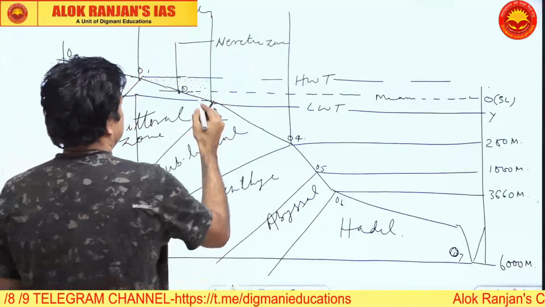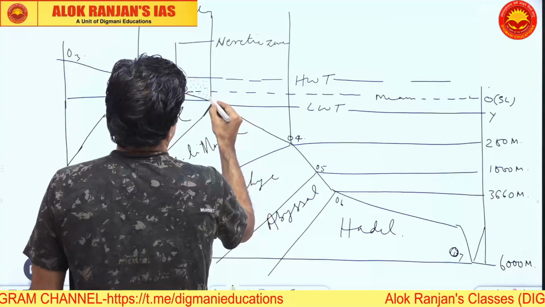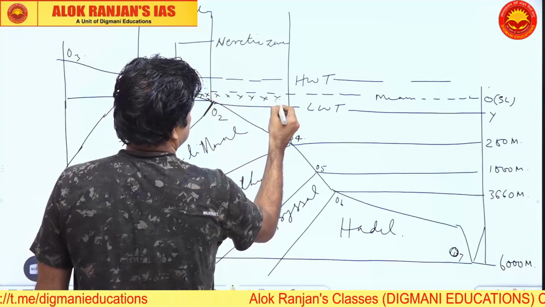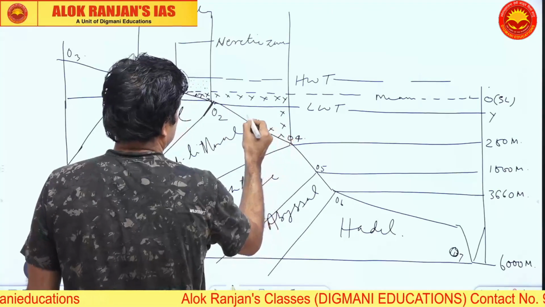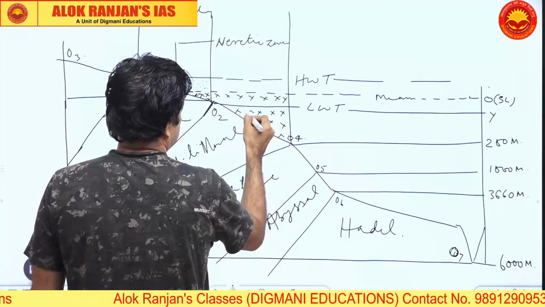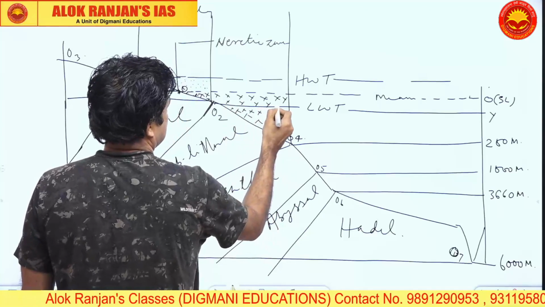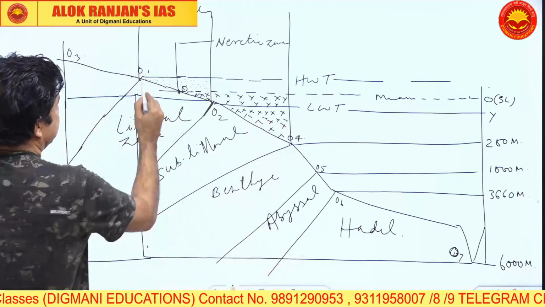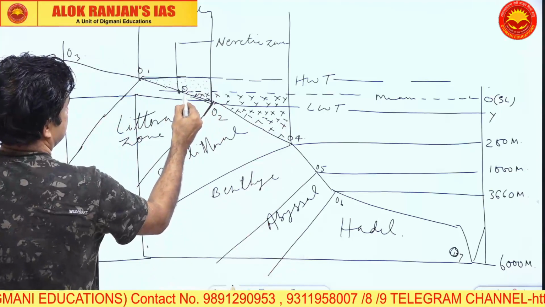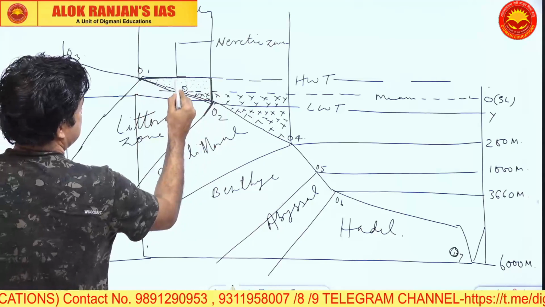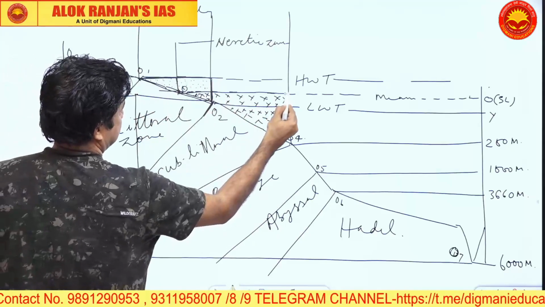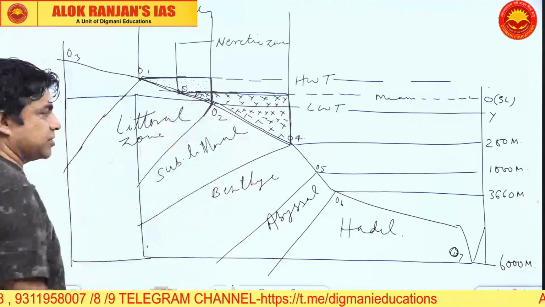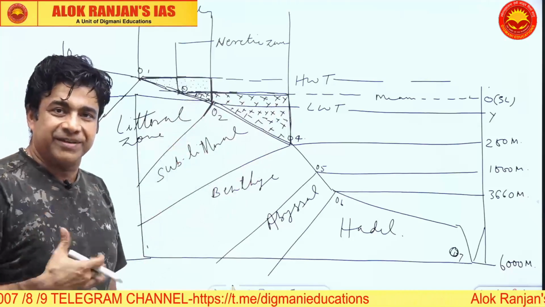Fine. Now this entire, if you allow me to put these symbols here, this crossed symbolic zone is inclusive of that three-dimensional water, not only the surface but also the depth is taken into consideration. So this was your littoral zone. But as we take this, this part is called the neritic zone. This is how they are overlapping with each other. This is how this concept gets a little complex.